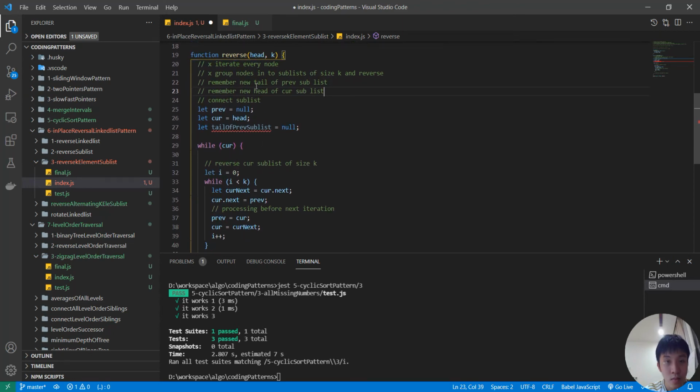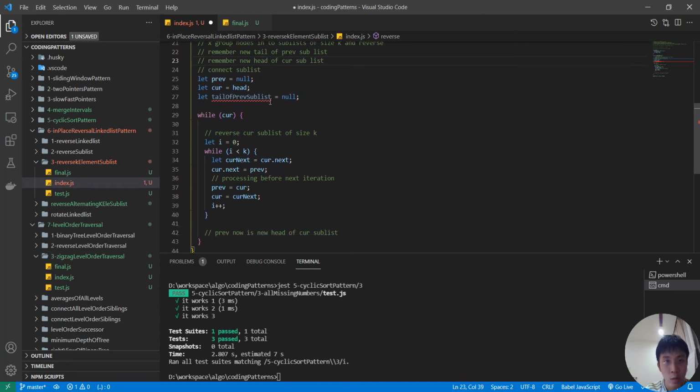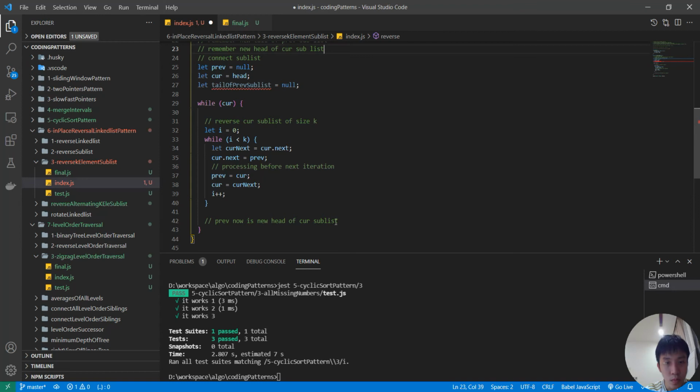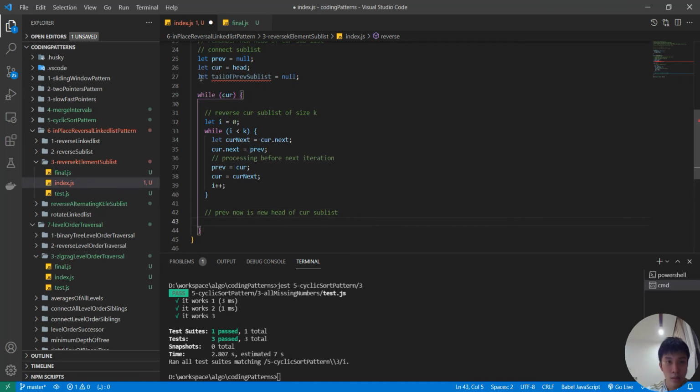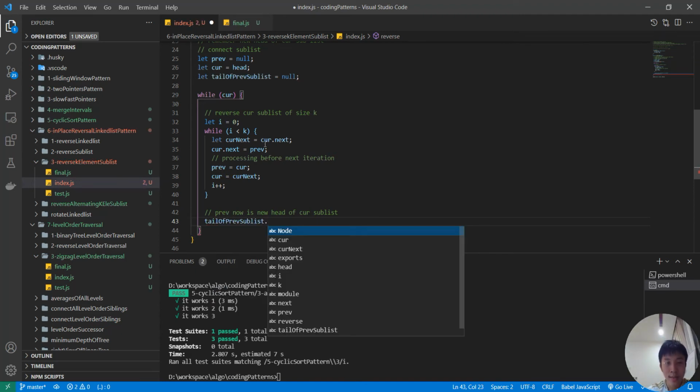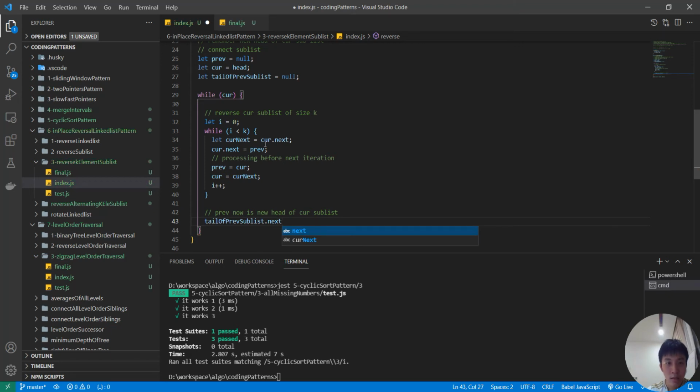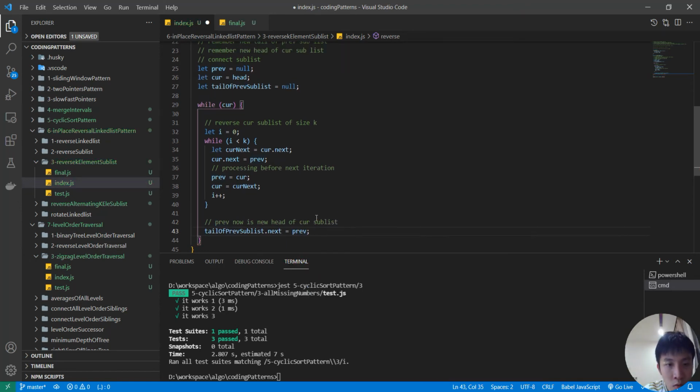So the new tail of the previous sublist, it's initially null. So here we can point the tail's next, right? The tail of the previous sublist, we point to the head of the current sublist. The new head of the current sublist is previous, right here. Okay, but we must find a way to